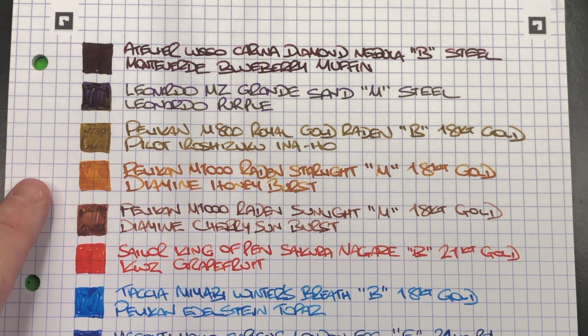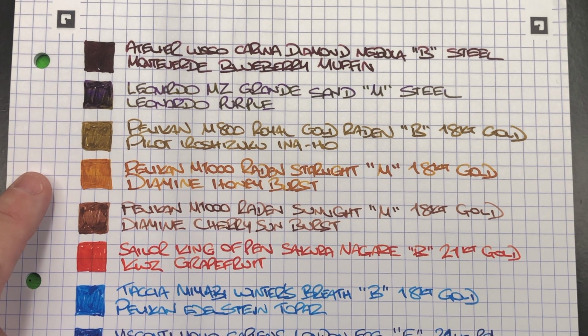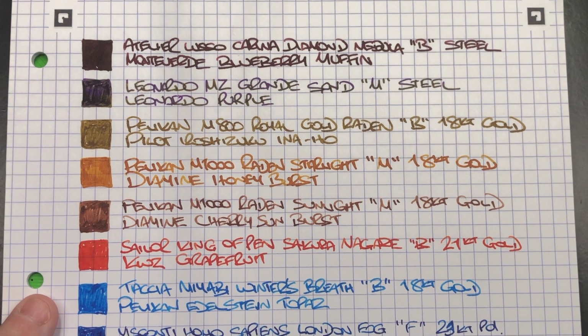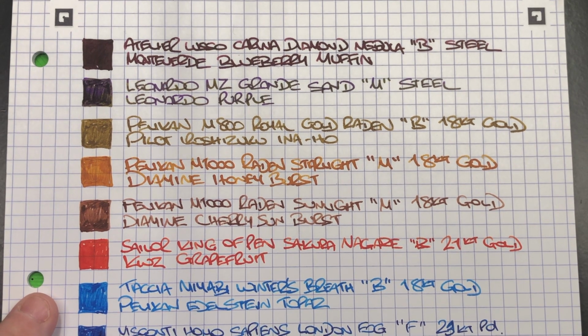We have a Pelikan M1000 Warden Starlight in a medium 18 karat gold nib inked up with Diamine Honeyburst. We have a Pelikan M1000 Raden Sunlight in a medium 18 karat gold nib inked up with Diamine Cherry Sunburst. We have a Sailor King of Pens Sakura Nagare in a broad 21 karat gold nib inked up with KWZ Grapefruit. We have a Taccia Miyabi Winter's Breath in a broad 18 karat gold nib inked up with